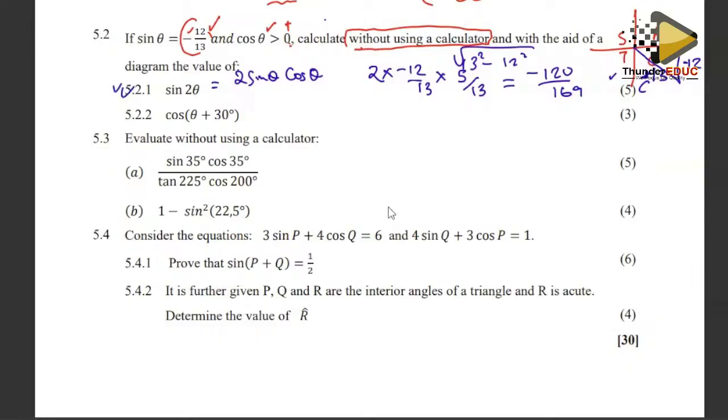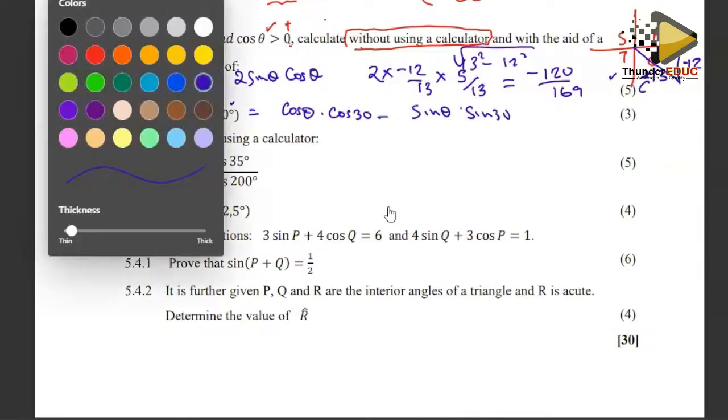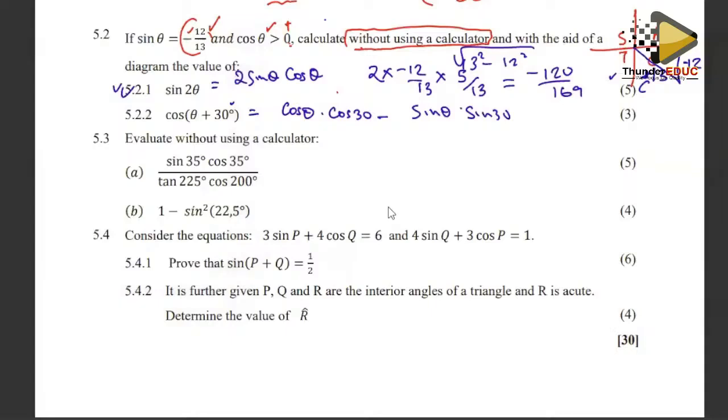Then cos of theta plus 30, this is a compound angle. We just need to open it up. 30 is a special angle. So it's going to be cos of theta cos of 30 minus sine of theta sine of 30. Okay, let's use just a different color. So cos of theta is going to be adjacent, which is 5 over 13. The cos of 30 is going to be a root 3 over 2,